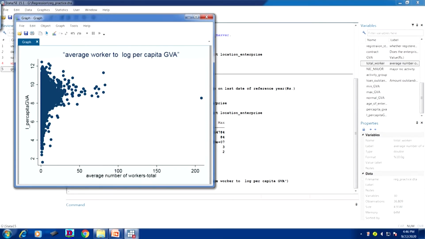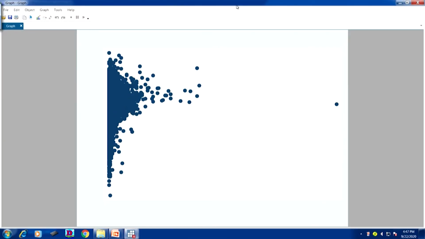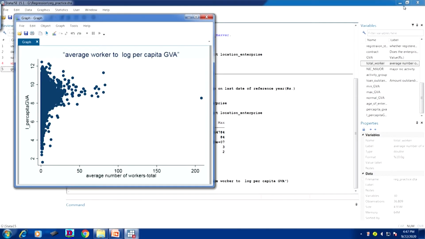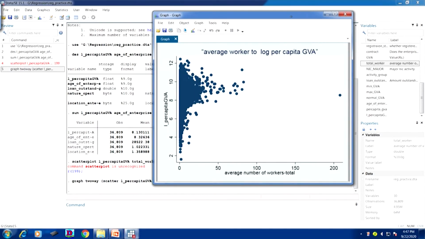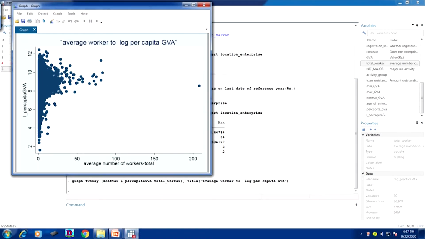Now, after getting this, we can get a lot of information out of it. Look at the average number of workers. What we actually submitted to the Stata window is a two-way graph between log per capita GDP and total workers, with the title average workers to per capita GDP.